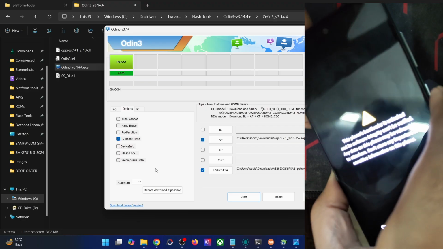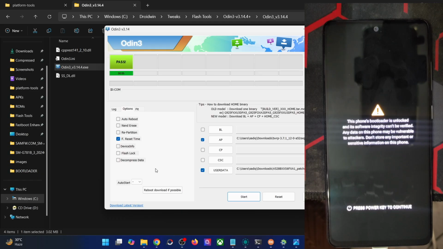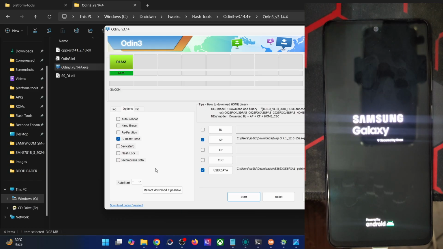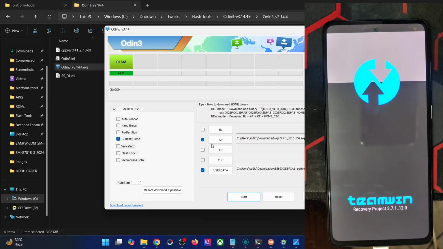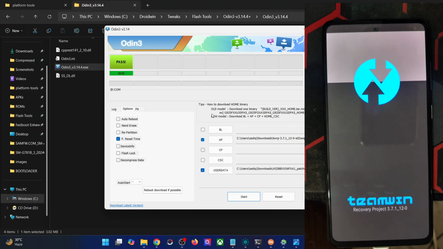And now you will let go of both the keys, and now you have to wait for the phone to boot to the recovery. If you have done everything right, the phone will boot to the WRP recovery, but if you haven't pressed the keys at the right time, your phone might boot to the stock recovery or the stock OS, in which case you will have to flash the recovery once again by the Odin tool. So as you could see, in our case, the recovery has been flashed, and now we could move ahead with the next step.